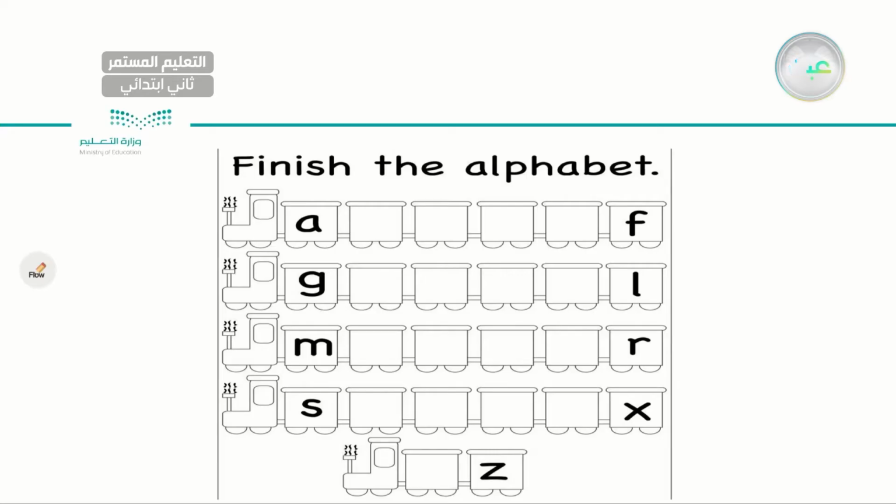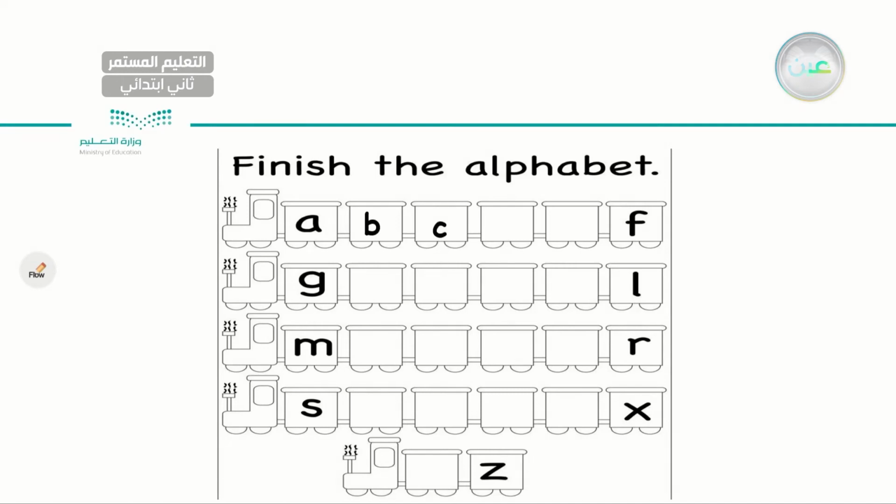Now, since we finished writing the capital letters, let's do the same with the small letters. As you can see here, I have a train starting with the first letter A and ends in the letter Z. Let's go ahead and complete the missing. Now, it has to be in the small letters. So since we start with a small A, next I will have B. Very good, my dear student. B. Next,